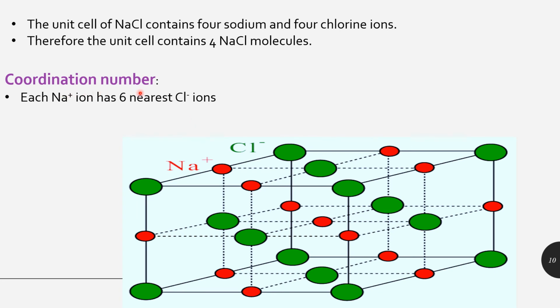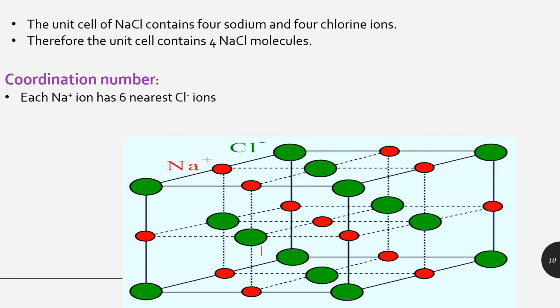Now we'll find the coordination number. Each sodium atom is surrounded by 6 nearest chlorine atoms. In the same way, each chlorine atom is surrounded by 6 nearest sodium atoms. If you consider this sodium atom as the center, then it will have one first neighbor